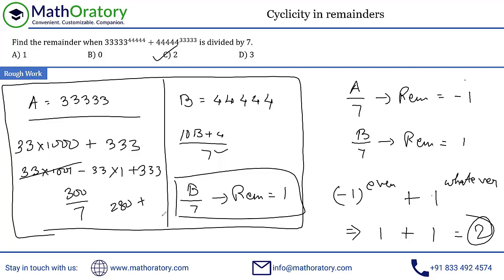Or if you want to get the negative remainder directly, you can do that. 280 plus 20 is 300. So write it as 280 plus 21 minus 1. So you quickly get the remainder as -1. So there are a lot of different ways to figure out the remainder. The one that I showed initially is actually very, very quick in this particular question, so I started with that. If that doesn't hit you, you can definitely use this approach as well. So that's it for this question, everything that I had to add for this.